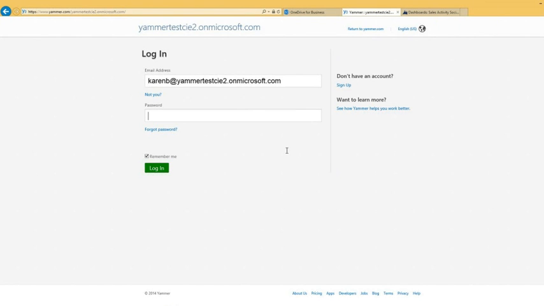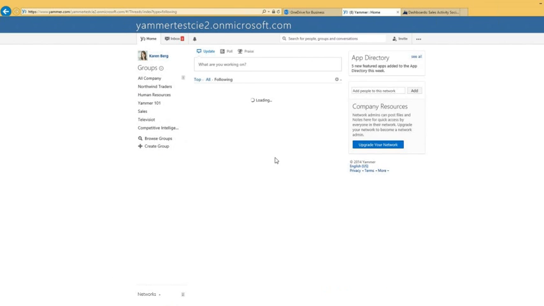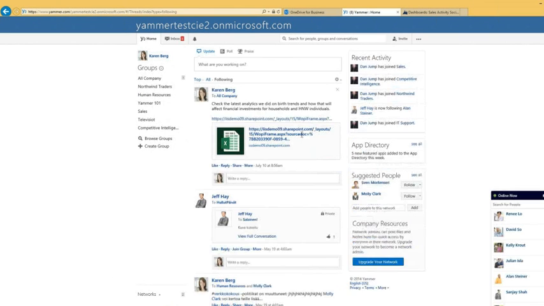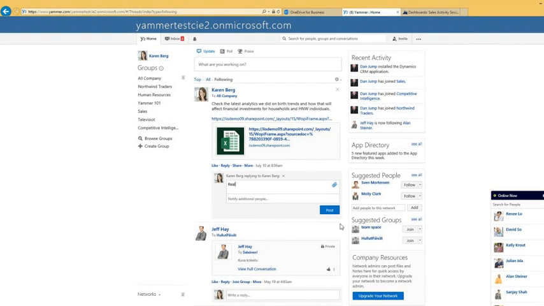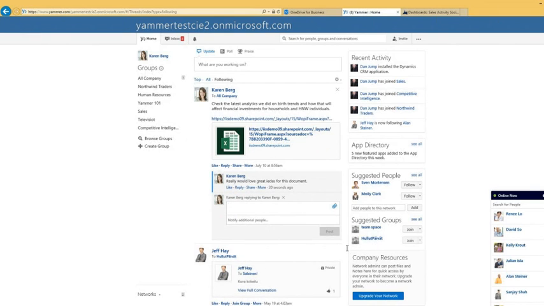log in. Normally that automatically logs in. They'll be able to see that information right within their Yammer feeds. Right? So now, boom, there it is. There's the Yammer document, and now other people that have access to Yammer will also be able to kind of chime in here and say, really would love great ideas for this document. Okay? So it's a way now for us to collaborate with other individuals. We can even